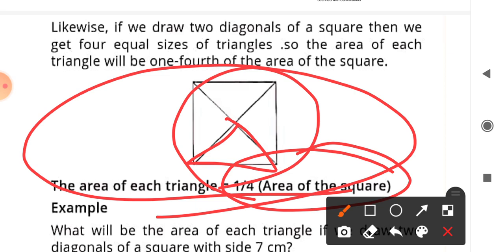Okay, now let's compute the area in a square, some concepts related to circle, square and rectangle. In the next video I will discuss the remaining part: circles, how to calculate a circle's perimeter and its area, and other questions related to perimeter and area. Okay, thank you students.